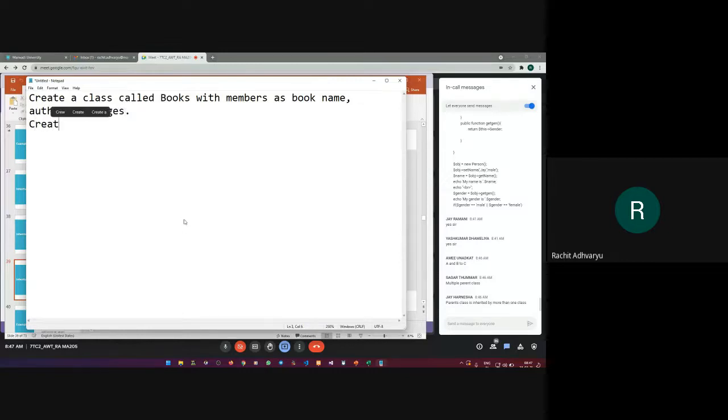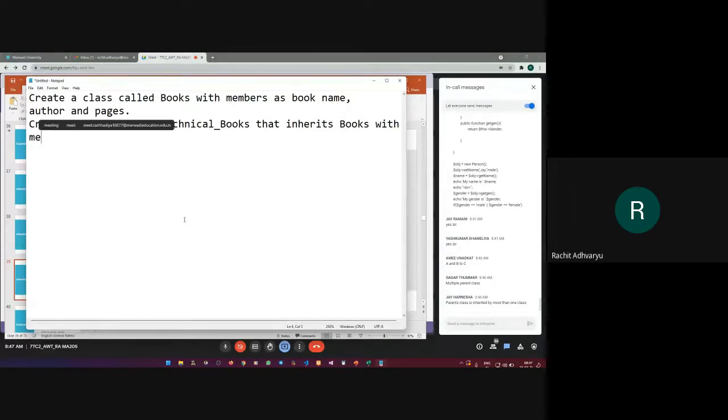Create a child class, or I would say create a class called technical books that inherits books with members as price and publication.